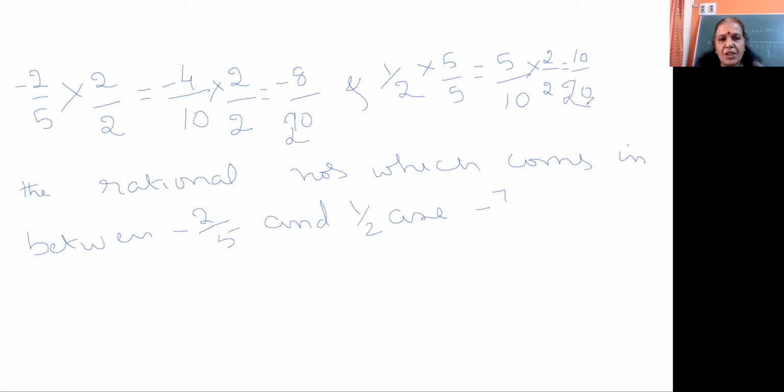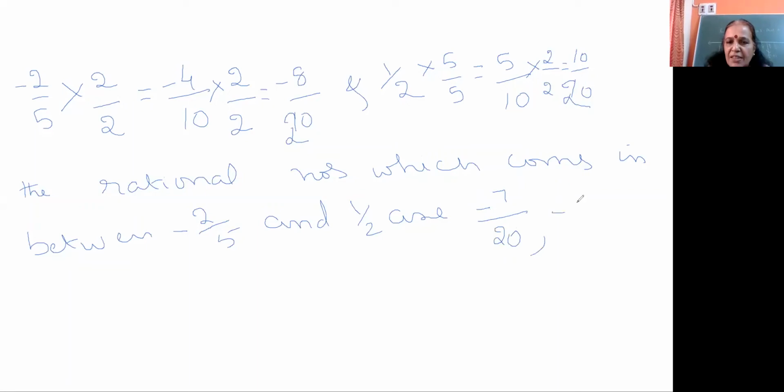Now the rational numbers which come in between minus 8 by 20 and 10 by 20,